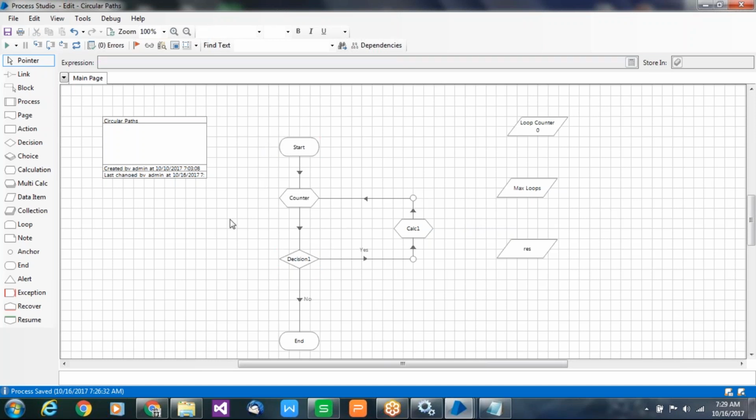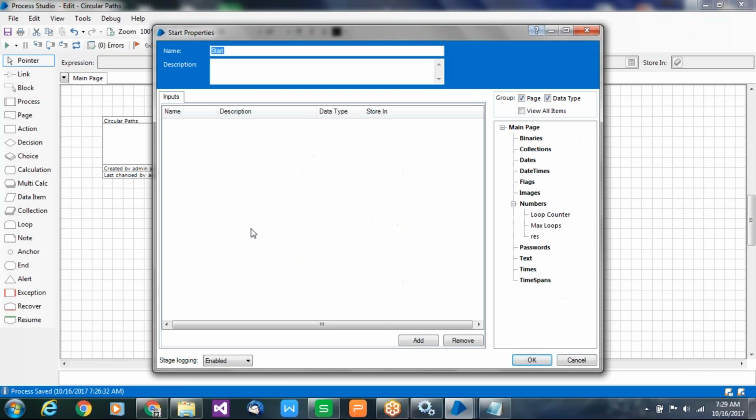Every page should contain a start stage. Which process do I have to start, the main process or the sub process? The sub process, circular path. That means the receiving process. Input is received by this process only. In this process, go to the start stage and click on add. Same way, you have to declare it.